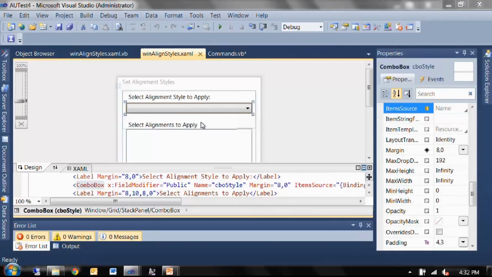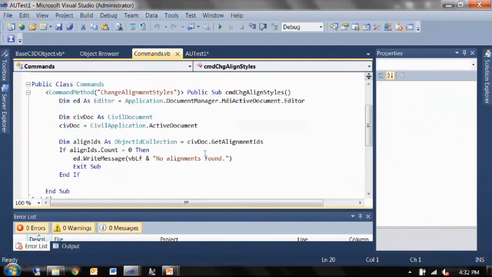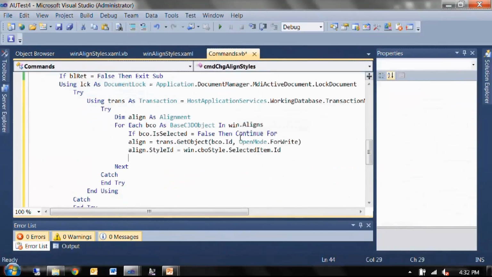The generic style object also has an ID when we did the whole walking through and iterating through. So now I just say, okay, give me the ID. So I say, okay, the alignment style ID is whatever the combo box's selected item ID is. Done. I iterate through, and everything's changed. Not much code at all here,